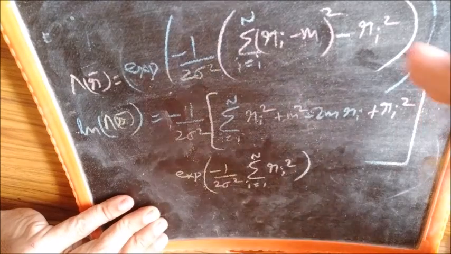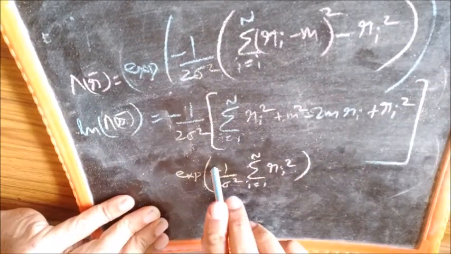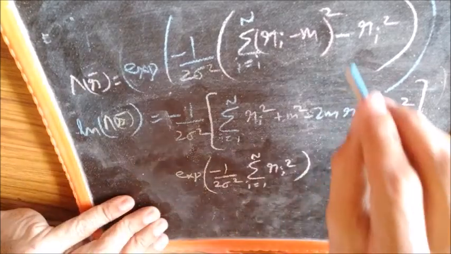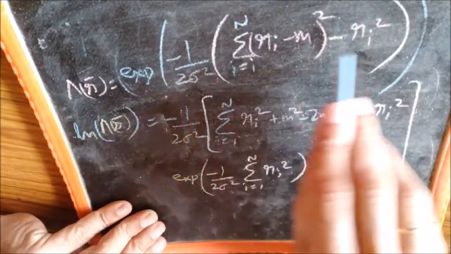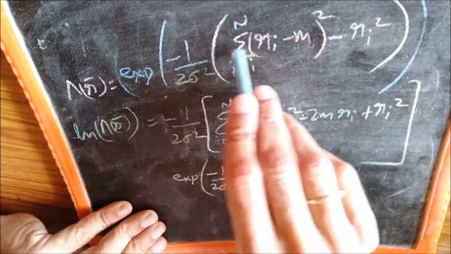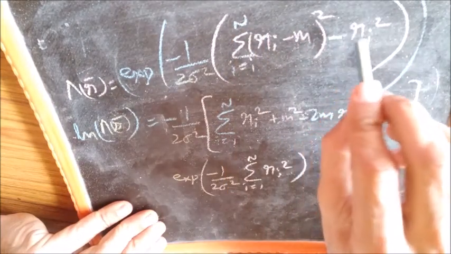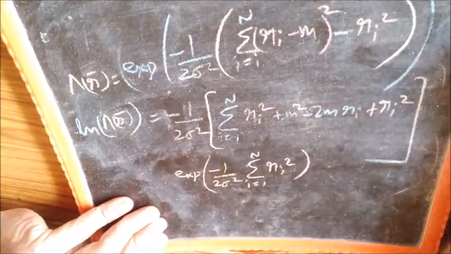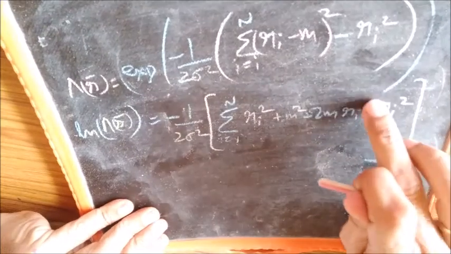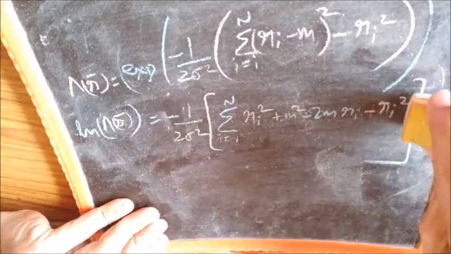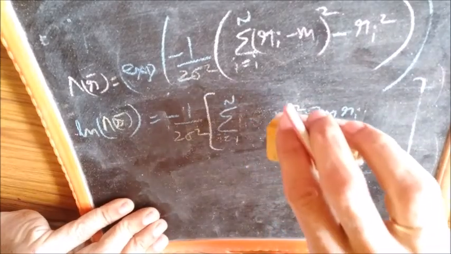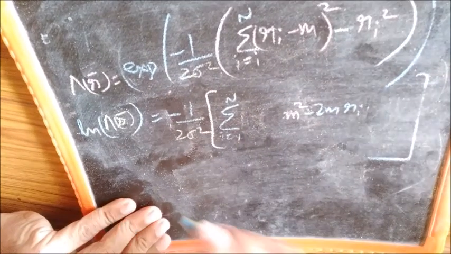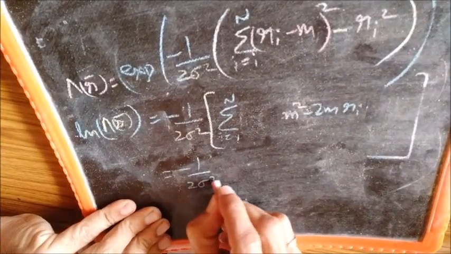So I'll just repeat that again. This is the one which we take to the numerator. When we take this to the numerator, this becomes plus. And since minus 1 by 2 sigma square is taken common, you will get a minus here. So you can verify it by opening these brackets. You can see minus 1 by 2 sigma square summation of this plus 1 by 2 sigma square summation of Ri square, which is the one which you get when you take this to the numerator. Right. So there is a negative sign here, and this gets cancelled, and you will end up getting this, which is the same as minus 1 by 2 sigma square